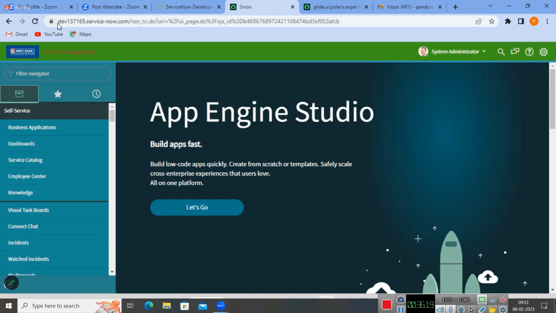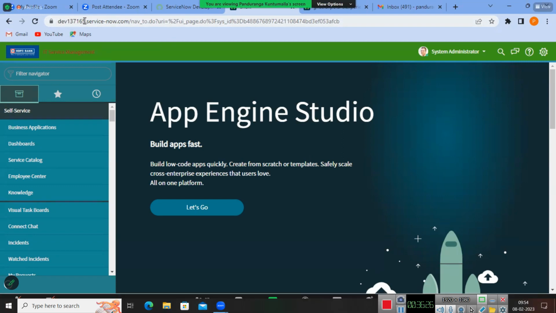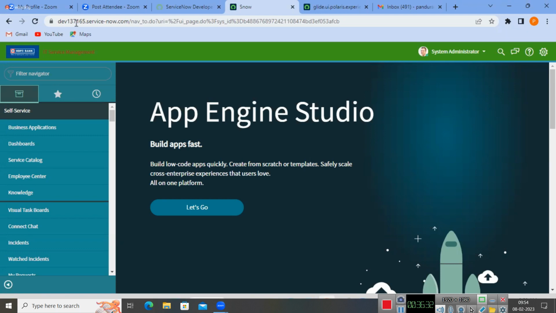The URL will have a number, dev 137165. This is my instance. Somebody else will have 237781, like that. When you create an instance, you will get a number, dev and some number. It's a 5-digit number. Okay, like this way the things are there, guys. Okay, so next,